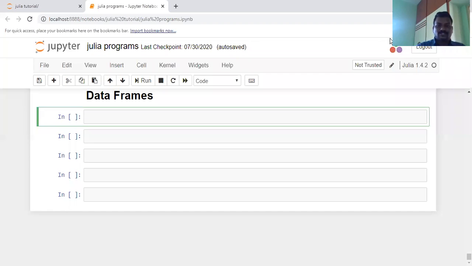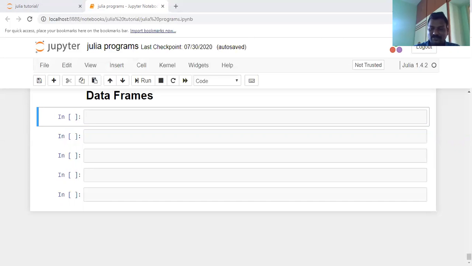Good morning. Today's topic is data frame. In this topic, you will learn about the installation of the data frame package in Julia and how to create a new data frame. There are different ways of creating a new data frame, and then importing the data using the data frame package with the help of a CSV file. Another important part is data exploration, indexing the data frame, and summarizing the data frame. This is today's agenda.